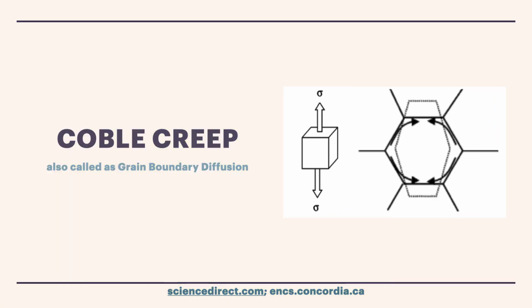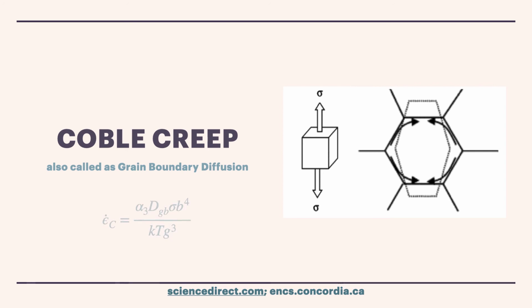Coble creep is a mechanism in which the material deforms due to diffusion. The main idea is that at a given low stress and at low temperatures, deformation happens in the atomic scale. Similar to the Nabarro-Herring mechanism, stress is applied in the vertical direction, causing the upper and lower parts of the grain to be in tension and the right and left sides in compression. In this mechanism, however, the atoms diffuse along the grain boundaries instead of across the grain. This still results in the elongation of the grain.